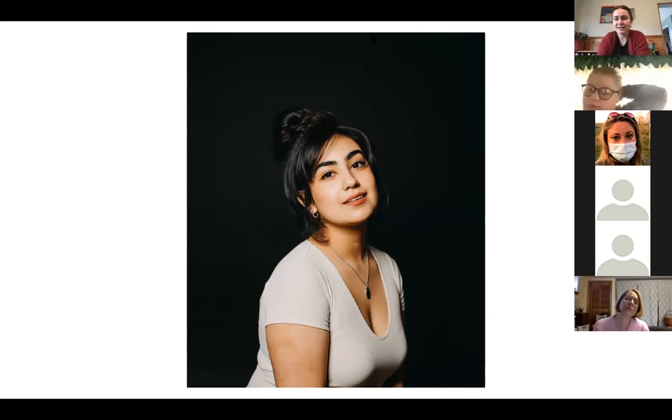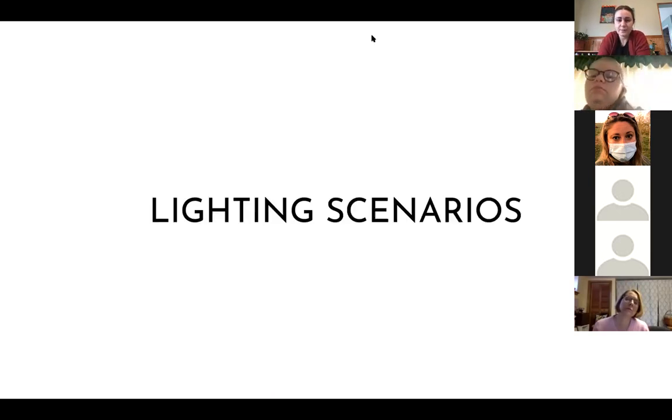And that's how we can start to study light. So we have different lighting scenarios. We're going to talk about indoor and outdoor lighting for portraiture primarily, but this also works if you're taking product photography, car photography, any sort of photography. Learning how light works is really helpful, but seeing it on someone's face is also a great way,